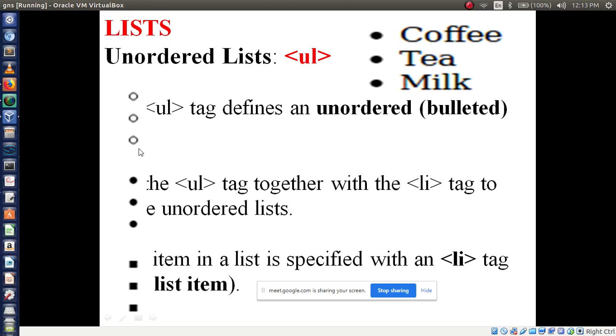So these three types we can use to display our list in an unordered way. This one is called circular shape, the second bullet is disc shape, then the last one is square style. Let's see these slides one by one.